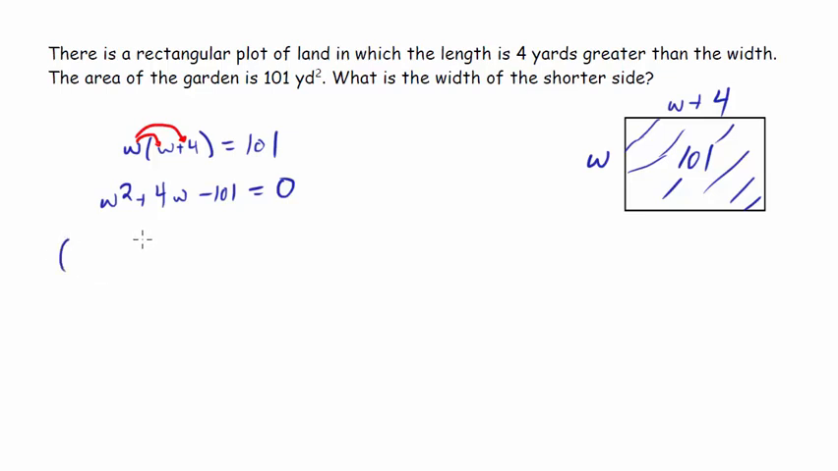Alright, and as we did before, we want to attempt to factor this. Now here's where we get stuck. If I think about 101, I believe that is prime. It's not even. It's not divisible by 3. It's not divisible by any even number. It's not divisible by 5. Yeah, I think I'm stuck here. I can't think of any factors other than 1 and 101, which obviously would not give me this 4w I'm looking for. So this one is not